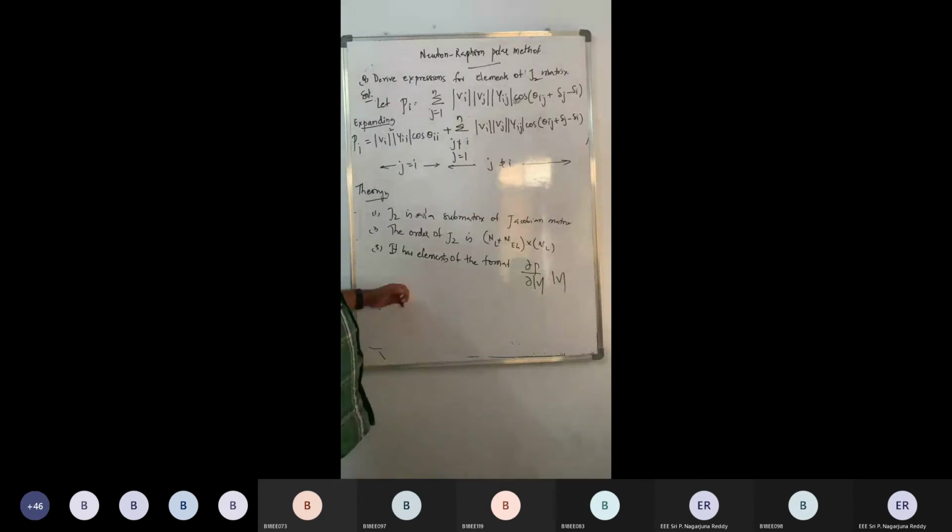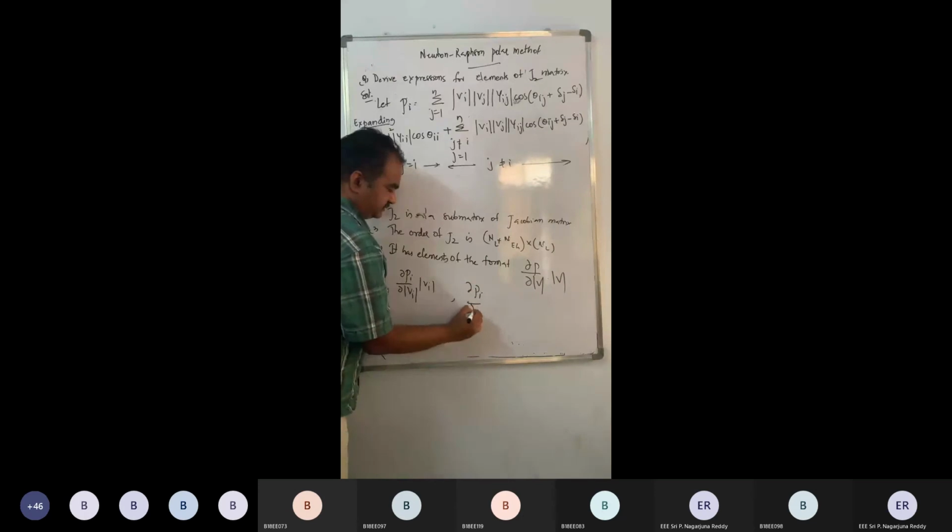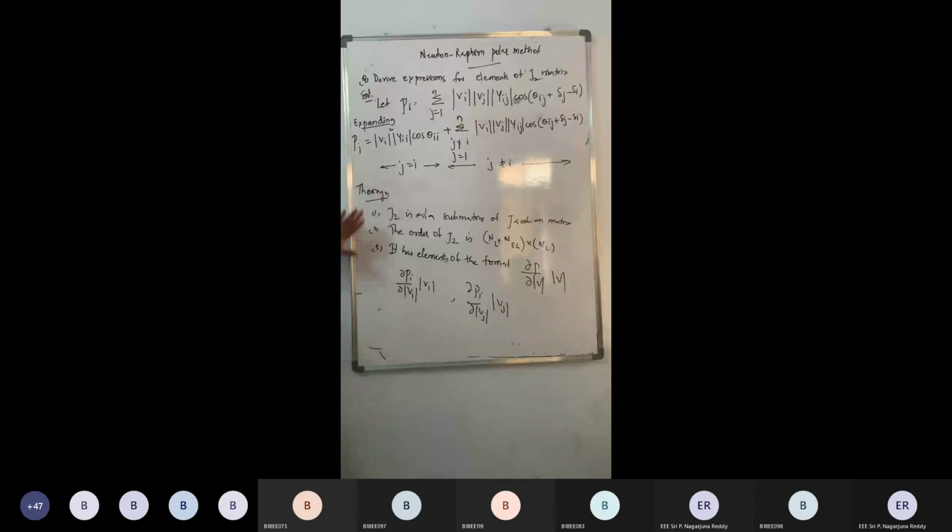Okay. So here also we will be having 2 different elements, I with respect to I, which means you will differentiate it with respect to Vi and then multiply it with Vi. The other one is... this is the theory part. Now we will start applying for this equation. Pi, I have not covered yet. So the same Pi, I am supposed to differentiate it with respect to Vi and next with respect to Vj. Shall I erase the theory part? Yes, sir. So now I'll go with this first element.